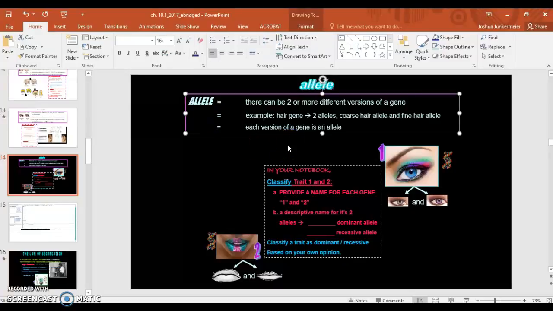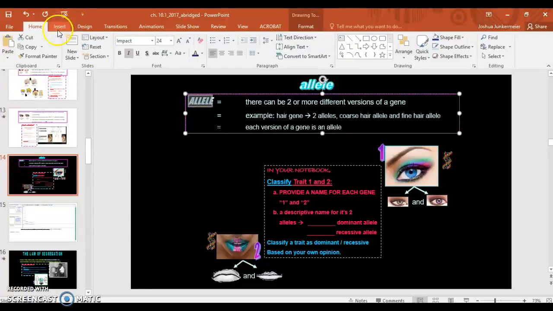It's a version of a gene. A good example is eye color. In this picture, we have eye color. There's not just one eye color, but genes do control eye color. And if there's more than one color, that must mean there's more than one version of a gene. Scientists came up with a word to represent different versions of a gene, and that word is allele. So to be clear,